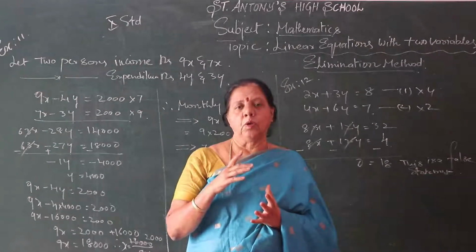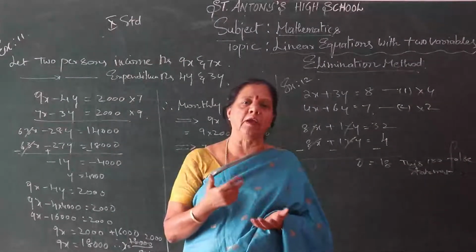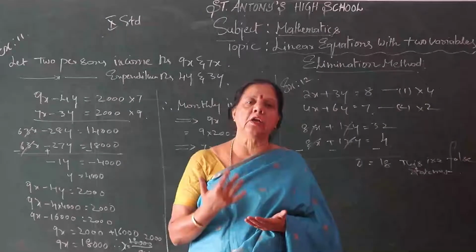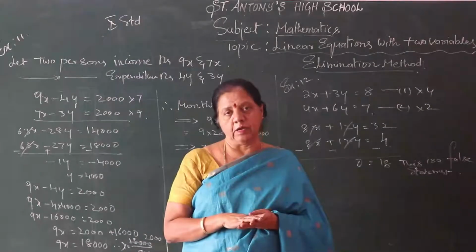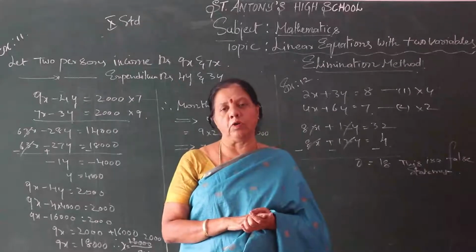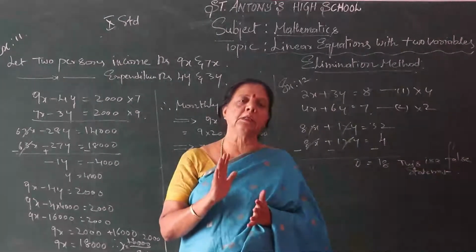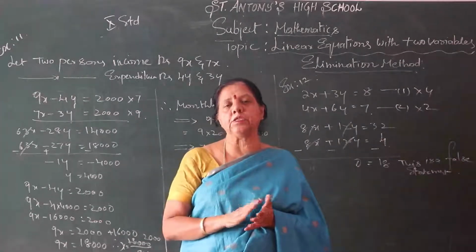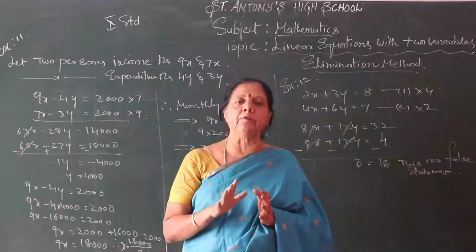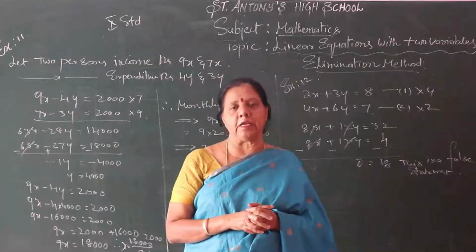So two equations are there. You are taking coefficients of x and y in the first equation and second equation, multiplying and finding the value of x and y. Here also the same thing you are doing under the elimination method. If you know these two methods, the reducible method and the elimination method, very well, you can solve the problem under the graphical method very easily.